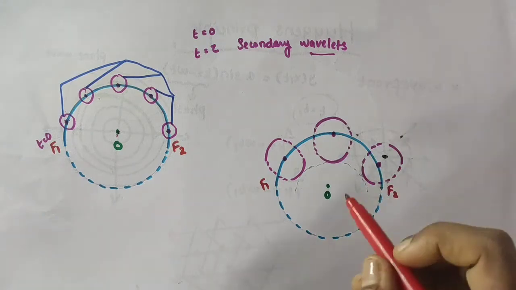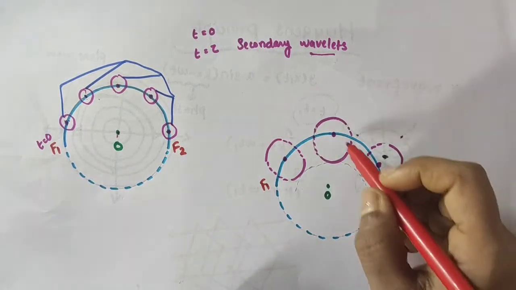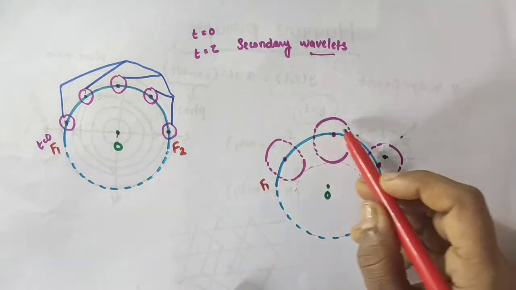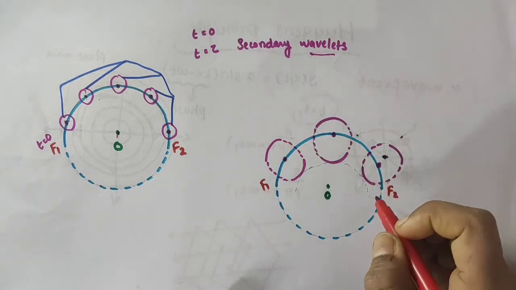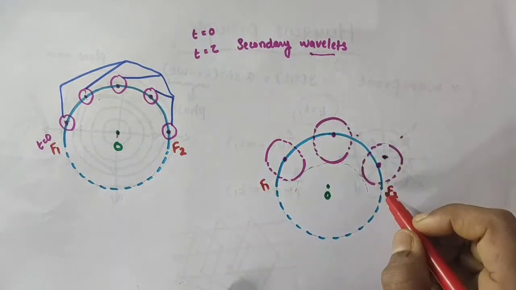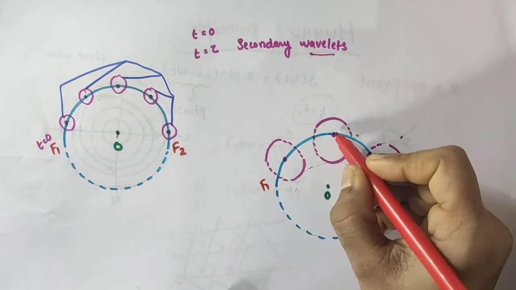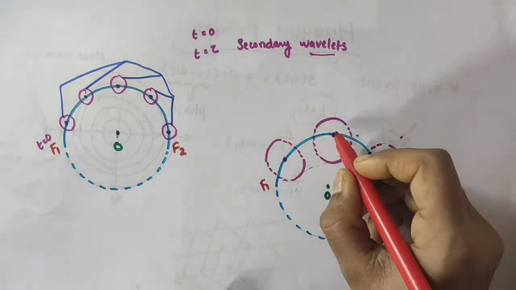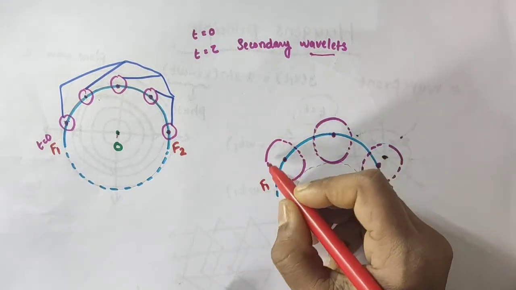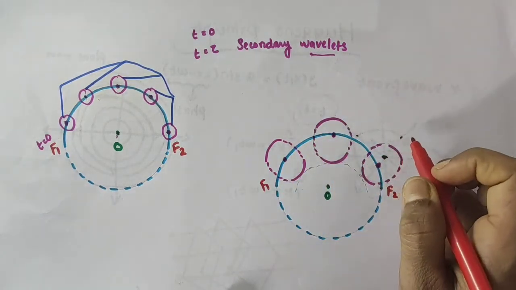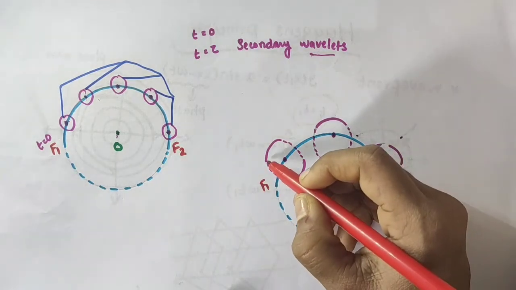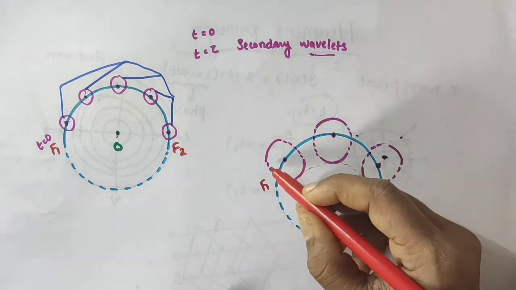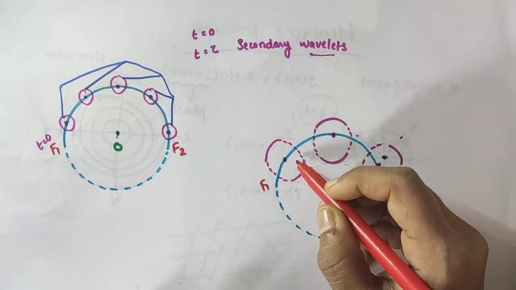That's all. Now you see here we have the primary source. It produces spherical wavefronts, and we have considered only a portion of that spherical wavefront F1, F2. And we said according to Huygens principle, there can be so many points on this spherical wavefront, and each point on the spherical wavefront will act as a source of the secondary disturbance. So these are the sources of the secondary disturbances, and these produce secondary wavelets. Here I have just drawn this part of the secondary wavelet and this part using solid line.